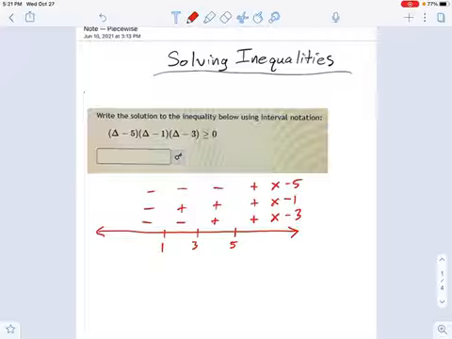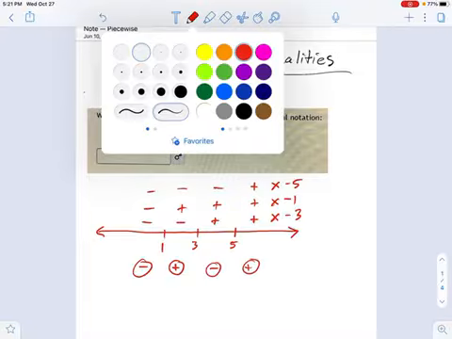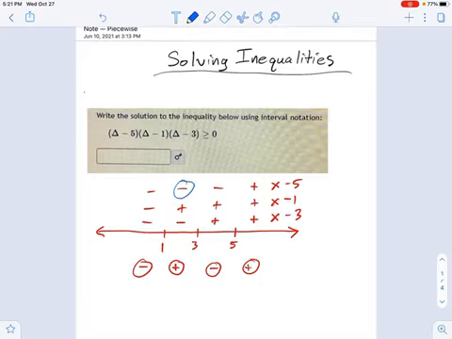Okay, so now you just multiply your way down, and you get a negative, a positive, a negative, and a positive. If you're not seeing how those numbers are happening, what I'm doing here is I'm saying a negative times a positive times a negative. The result is positive. Okay, that's how this is happening.